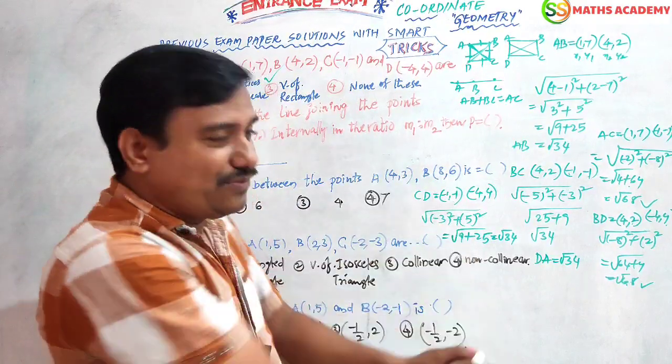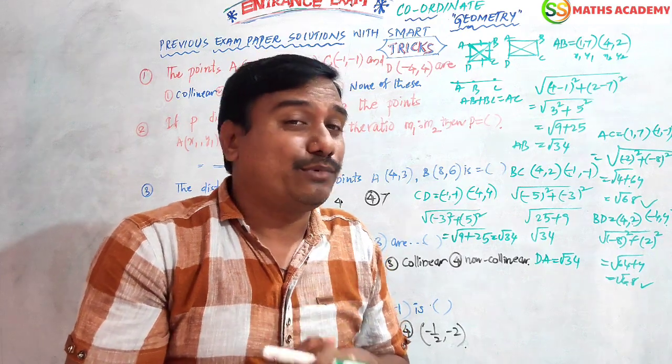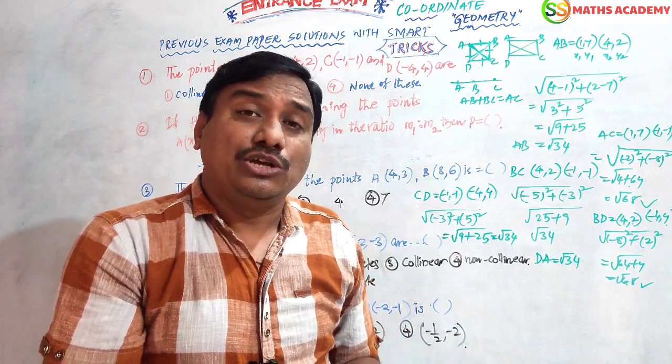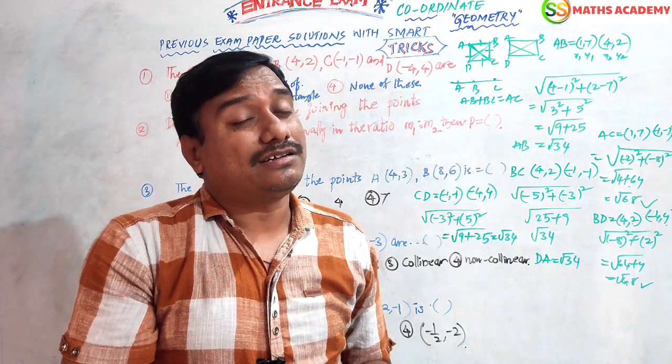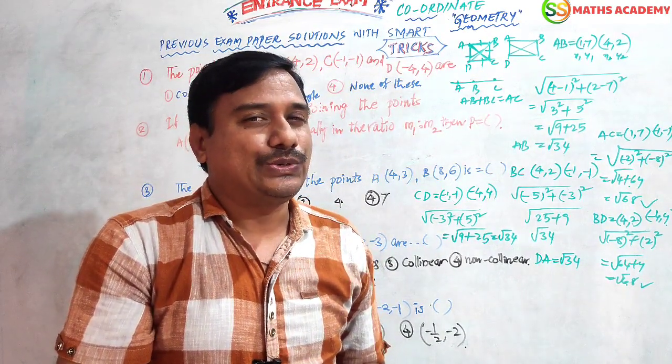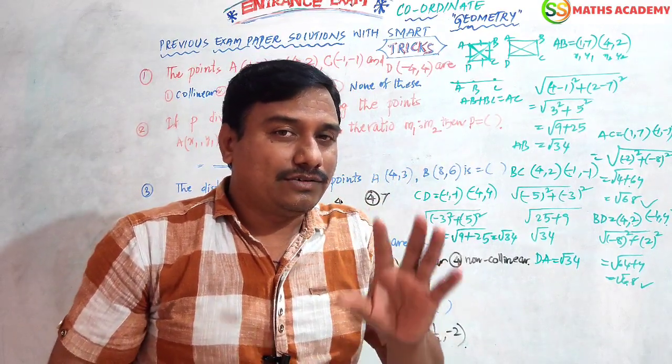Children, if you do this one, it's like a board exam. We are appearing in April exam. That is a kind of board exam, but it is in competition. You are my SS Maths Academy viewers, and you have to get the answer in a fraction of seconds. That is the important technique I am telling you now. Let us see, 5 seconds.